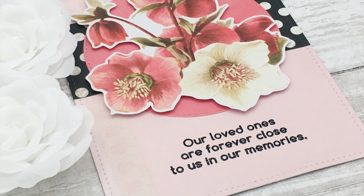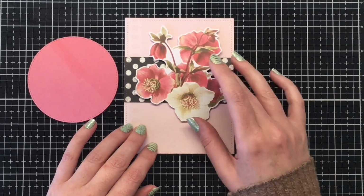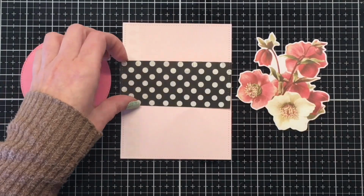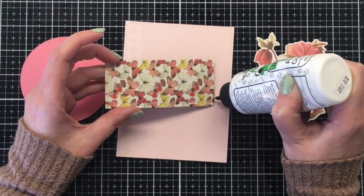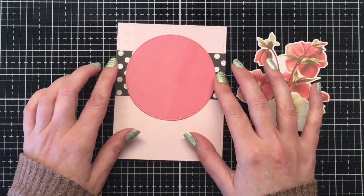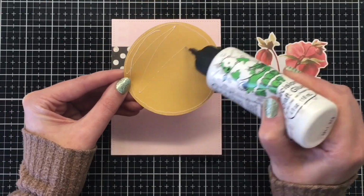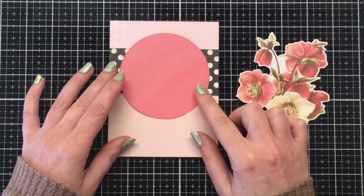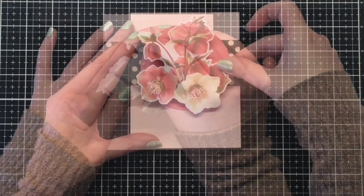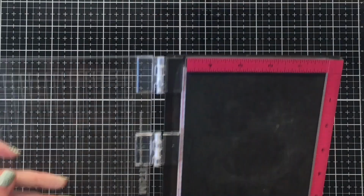For card number 4, I'm going to do a portrait style A2 size card, so the same measurements as the previous card. I cut out the really pretty blush pink, from the 12 by 12 paper pack, using a stitched rectangle die. And I did cut down a strip of this black and white polka dot paper, and I also ran it through my Big Shot die cutting machine with that rectangle stitch die, so it has the stitching on the right and left sides. Using another stitched circle here in this darker pink pattern paper from the 12 by 12 paper,